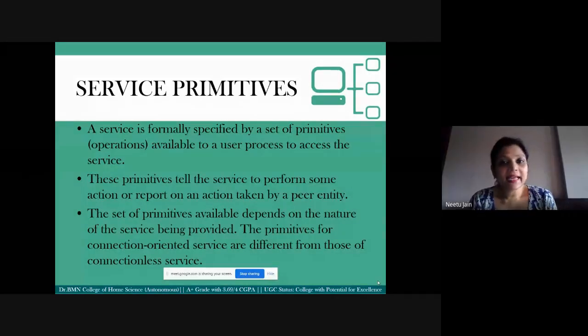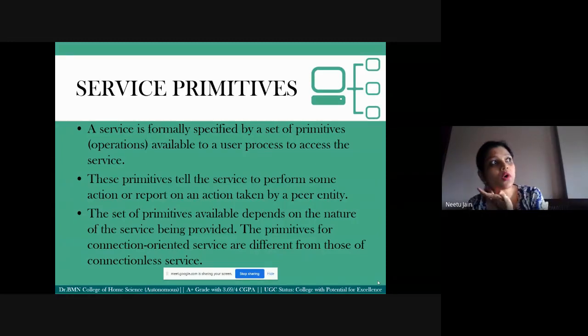So, like I said, we saw two different types of services in the last class, which were connection oriented and connectionless services. Now, in this class, we are going to understand what you mean by a service primitive. A primitive is nothing but operations. Suppose you want to use the service of printf in C. For executing that service, different lines of code are written and different operations are performed. A similar analogy plays out here.